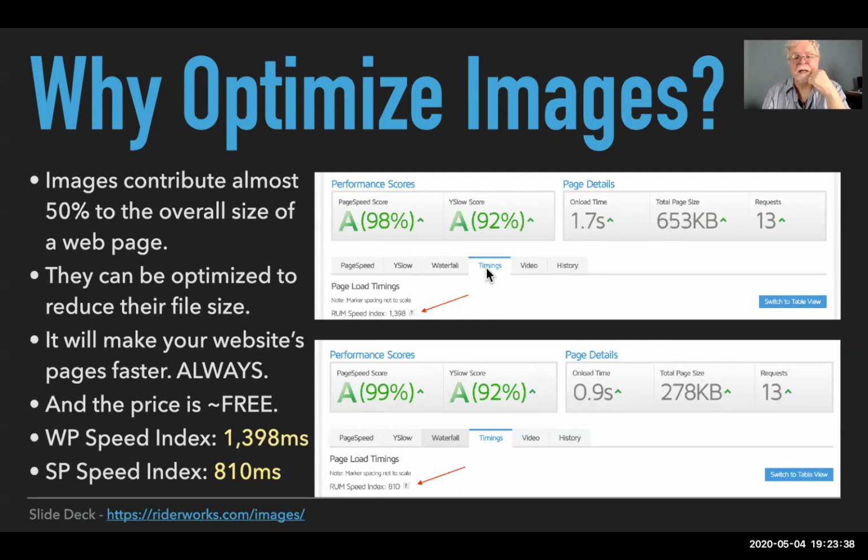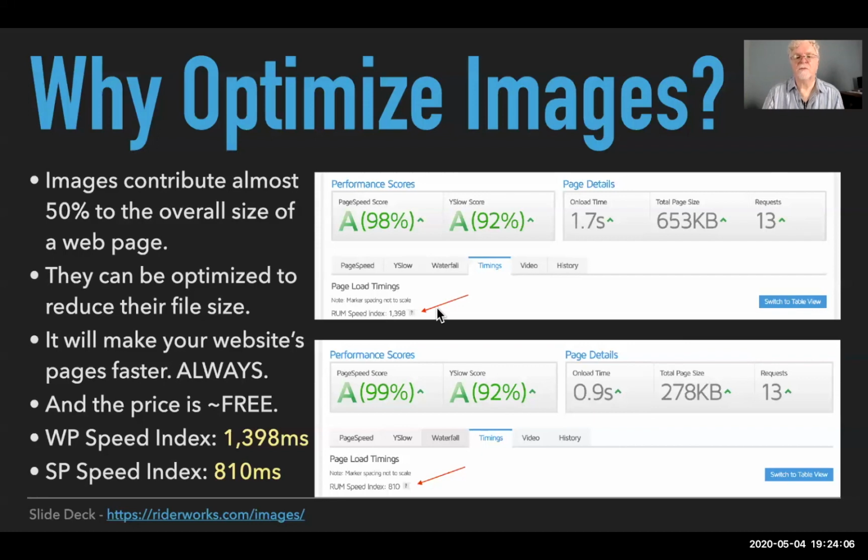But looking at the timings area, which is actually the real true test to see how fast that page loads, this is always looking at what they call the page above the fold. And it's some kind of metric. RUM stands for, not the delicious thing that we drink, but real user metric. And it's a kind of visual thing. If the image starts to show text and things like that at about 50%, it's considered to be